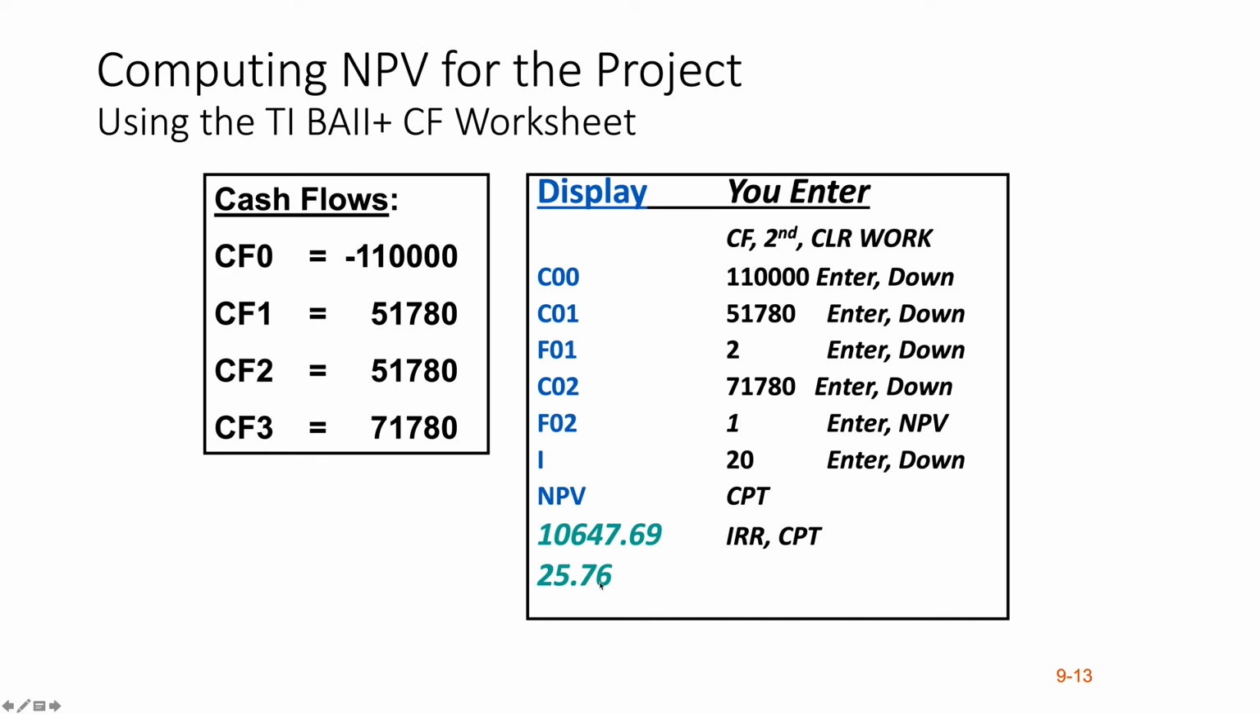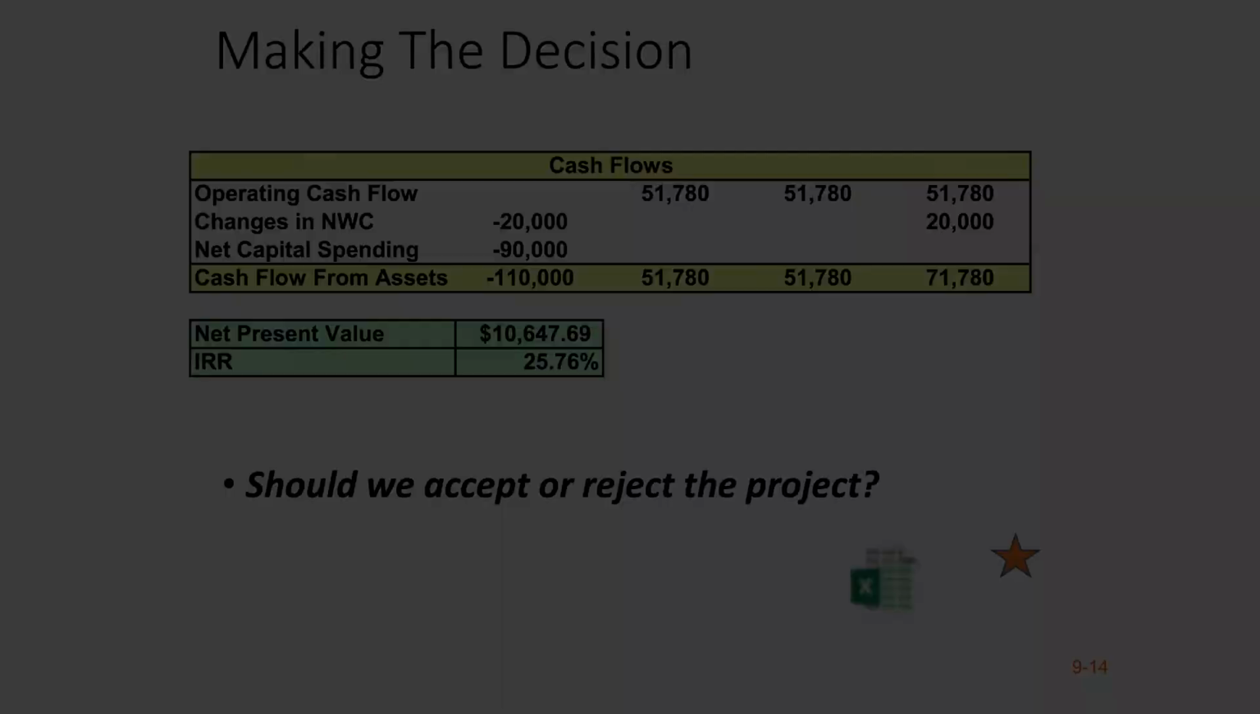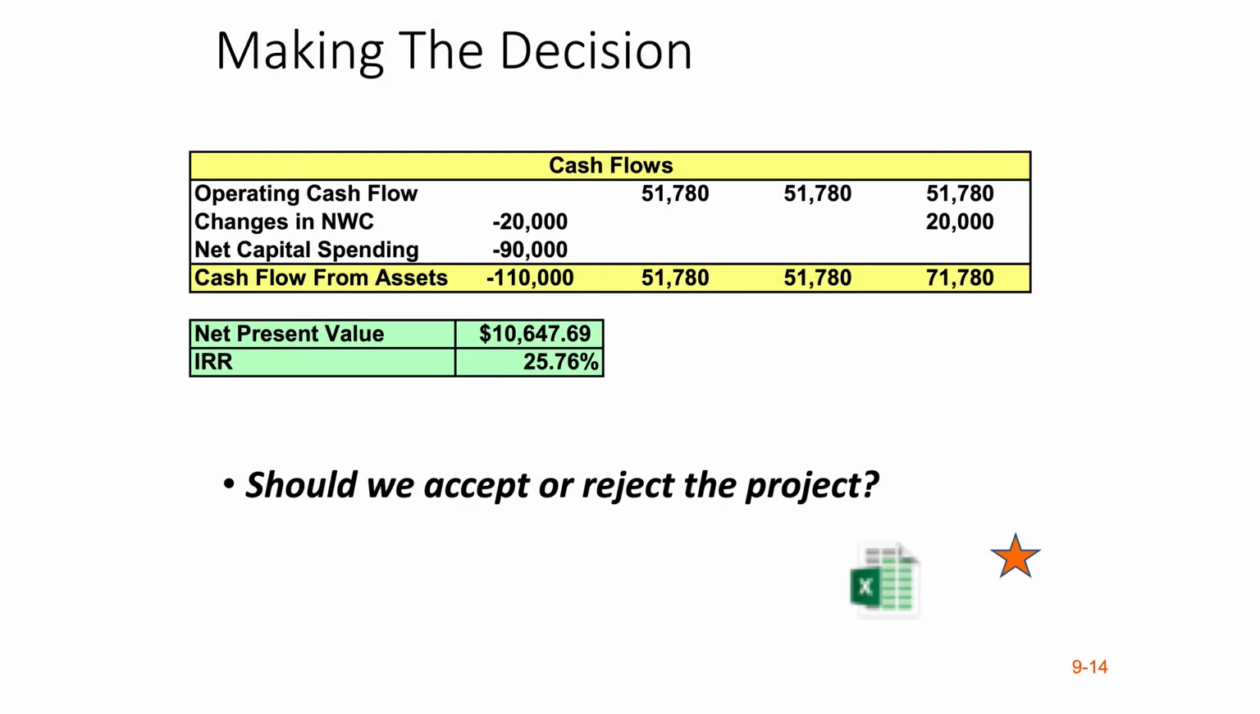Now this is using the TI BA II Plus financial calculator cash flow key. But for capital budgeting, I really think you should use spreadsheets. Using a spreadsheet, you use the NPV formula and IRR formula, and I already discussed it earlier, so I'm not going to do it again. Should we accept this project? Answer is yes, because NPV is positive, and the IRR is